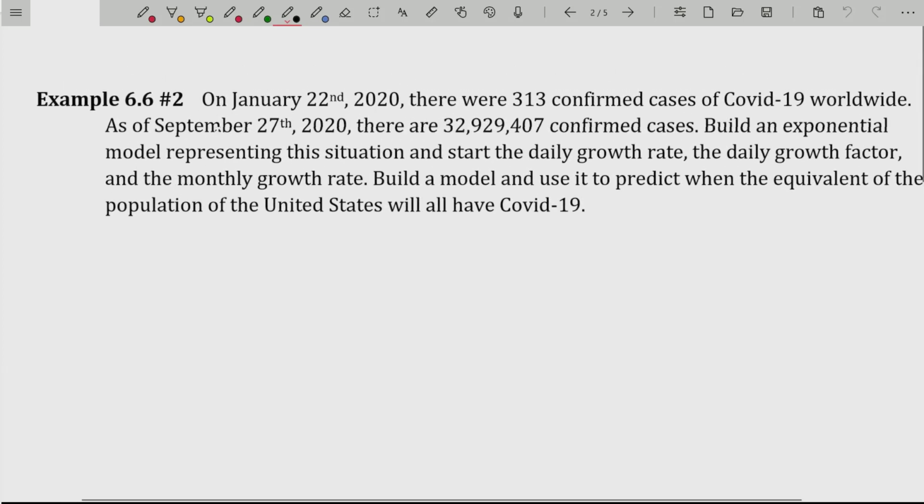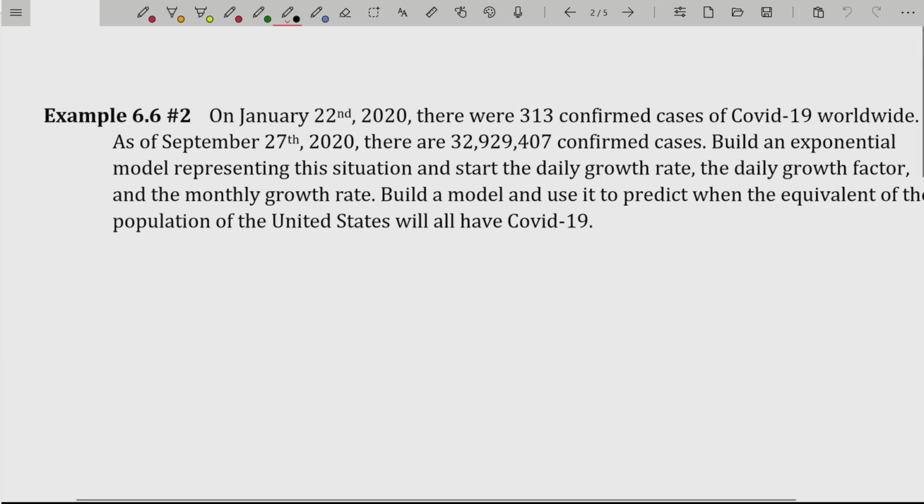So this is one that I just did some quick research on. On January 22nd, 2020, there were 313 confirmed cases of COVID-19 worldwide. As of September 27th, when I wrote that problem, 2020, there were 32,929,407 confirmed cases. Build an exponential model representing this situation and start, I think I did this before, state